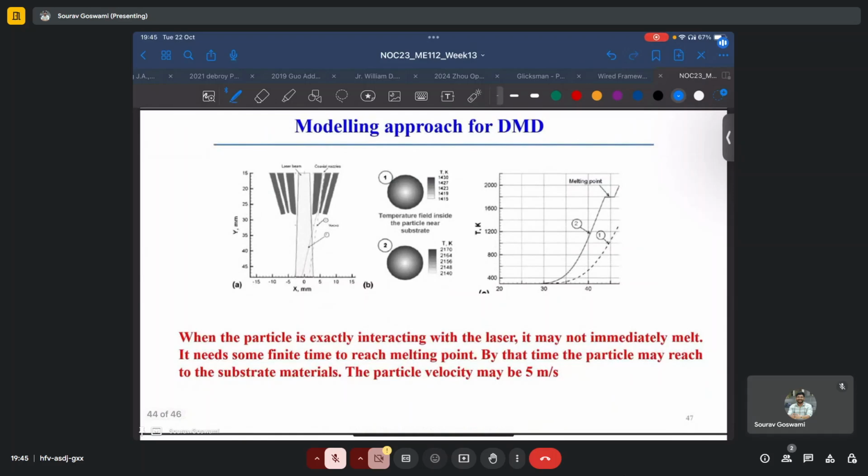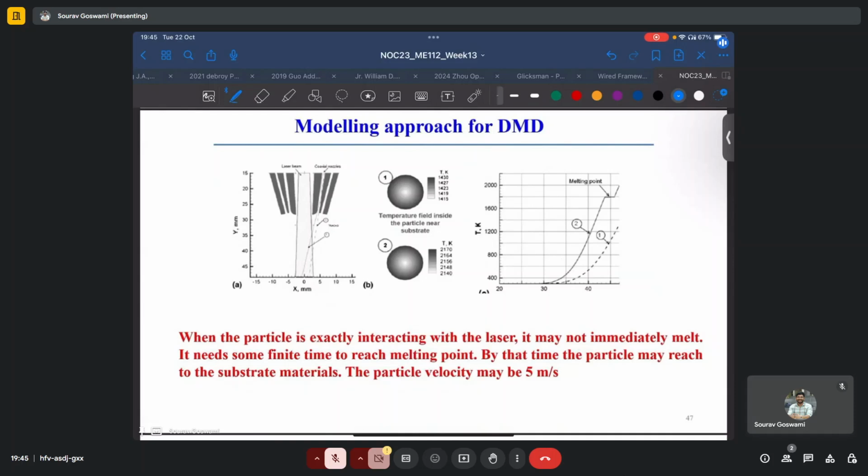And as we were discussing, for modeling of a blown powder DED-like process, the powder will, during its flight, interact with the laser beam and will keep absorbing energy. This energy may be sufficient to melt it in some cases, or in other cases, it may just be sufficient to heat it to a certain temperature without melting it. This time of flight can be calculated,